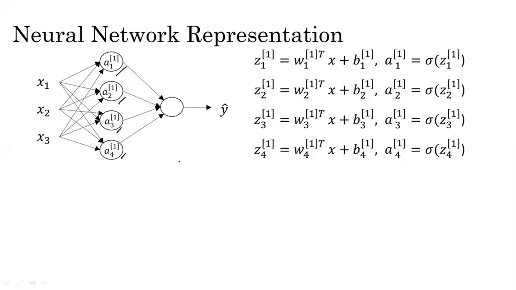So now, firstly break down this equation. Firstly take this equation, that is Z11 equals W11 transpose X plus B11. Take these four equations of these four nodes in this layer. I need to have some idea of how I can apply the vectorization technique so that this multiplication or dot product becomes easy for me to implement.